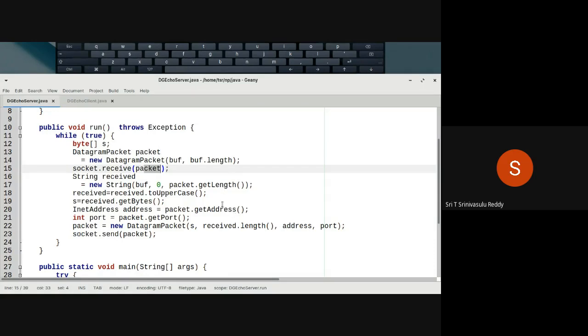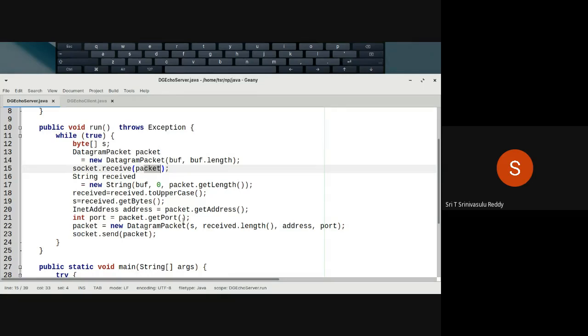See, there are so many get methods. getLength returns the length of the data. getData returns the actual data in array of bytes format. getAddress returns the IP address in InetAddress format in that particular object. So you are storing that. Similarly, the port number is there in packet.getPort. Because you require the IP address and port number to give the reply back to the appropriate client.